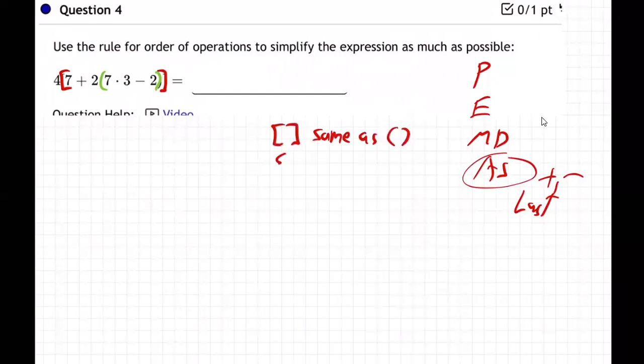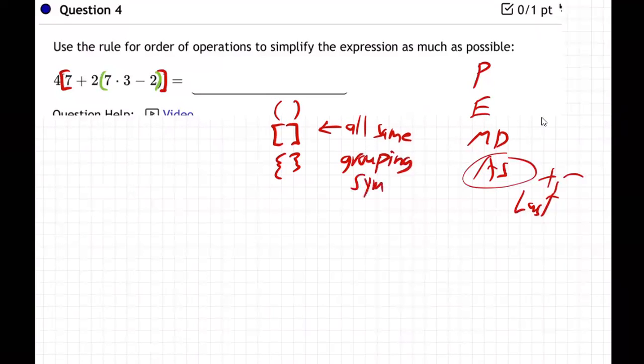And so is a curly bracket, by the way. Sometimes they'll do a curly bracket. Those are all the same. There's no difference. Bracket, curly bracket, parenthesis, all the same. They're all just different kinds of fancy parentheses. Specifically, they're grouping symbols. They group things together. Grouping symbols. So anyway,